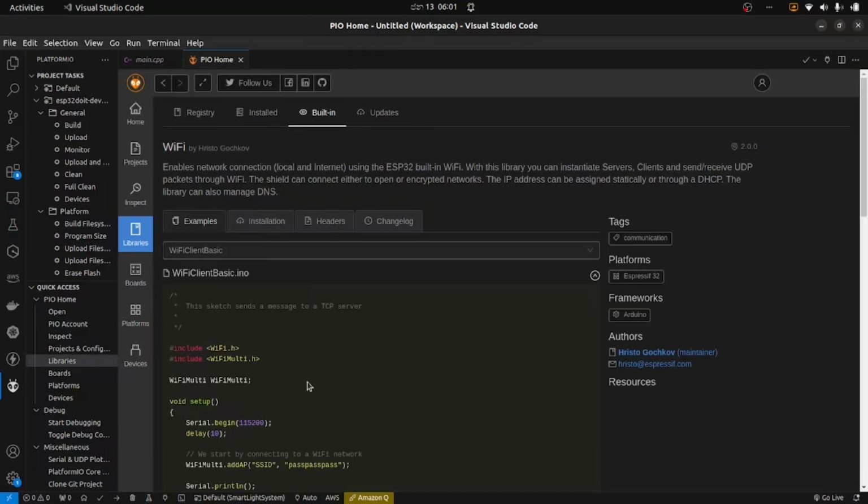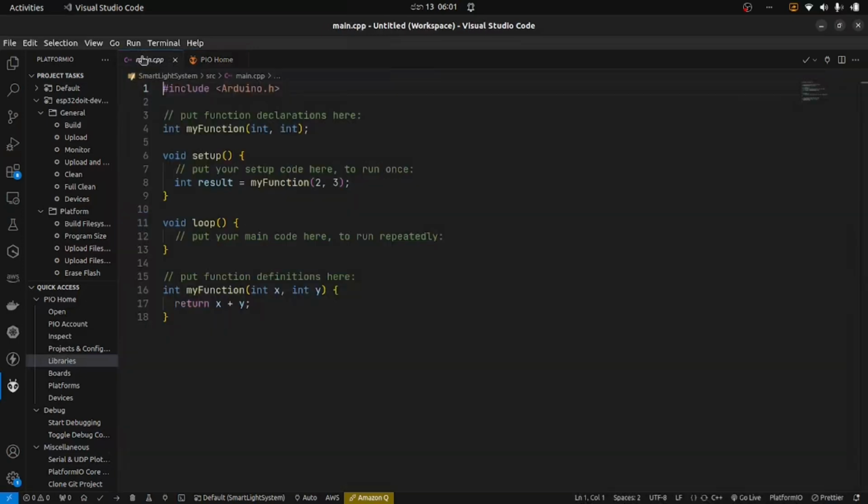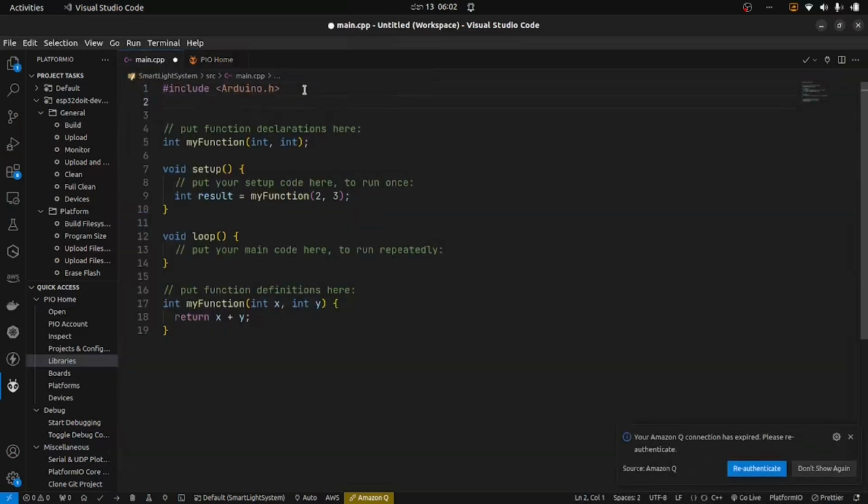Right. So first include the WiFi.h library,